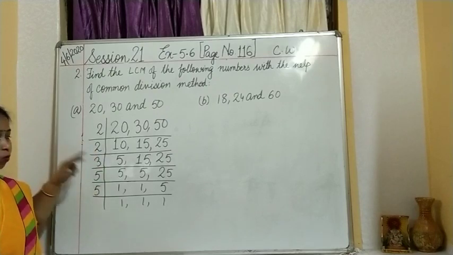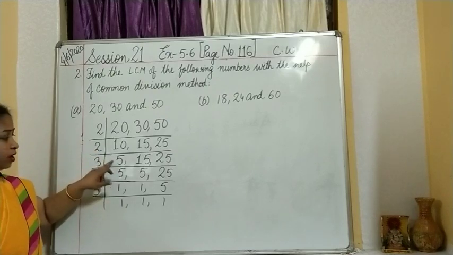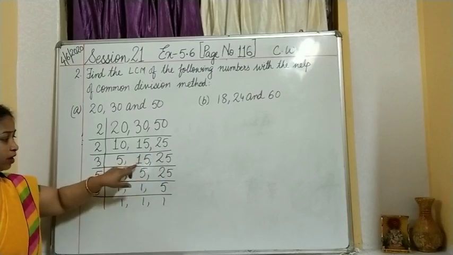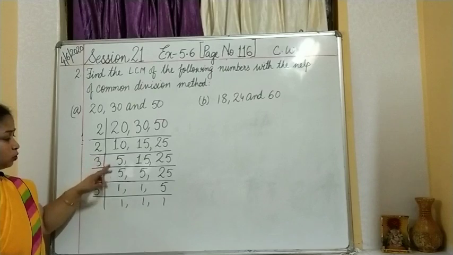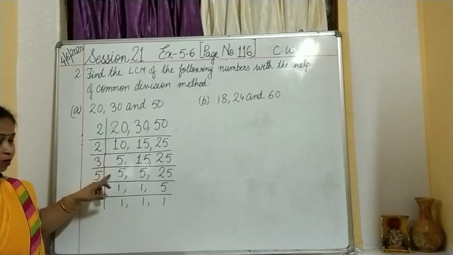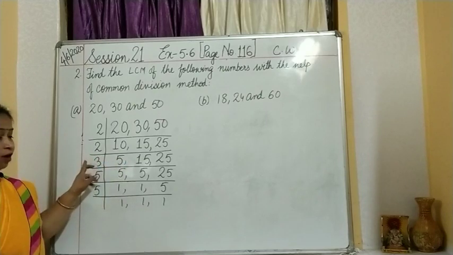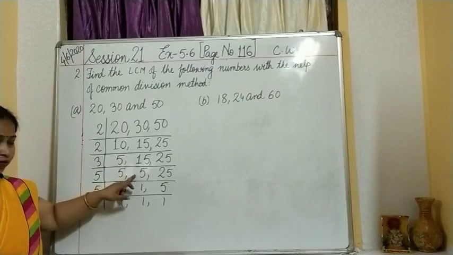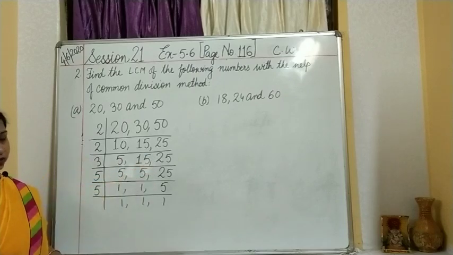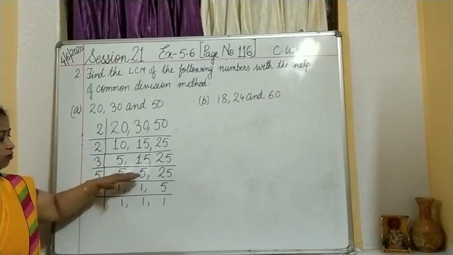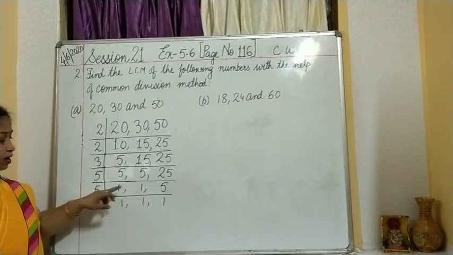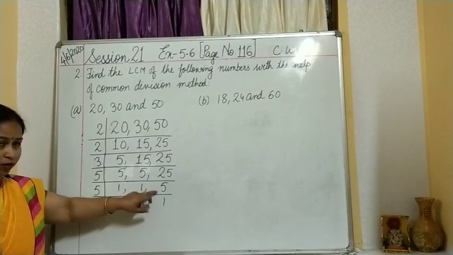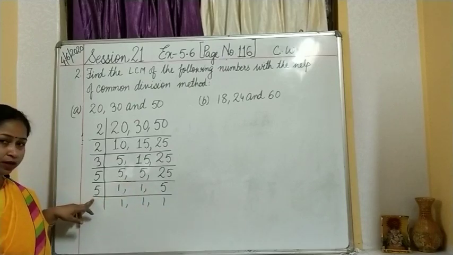10 divided by 2, what have you got? 5. You have 5, 15 and 25. Divide this 15 by 3 because the others are not getting divisible. So 5 will be written as 5. 15 after getting divided by 3, you have got 5. 25 will come as it is. What is left over now? 5, 5 and 25. All these three are divisible by 5. We have divided them. But 5 is here again, so once again we will divide it.